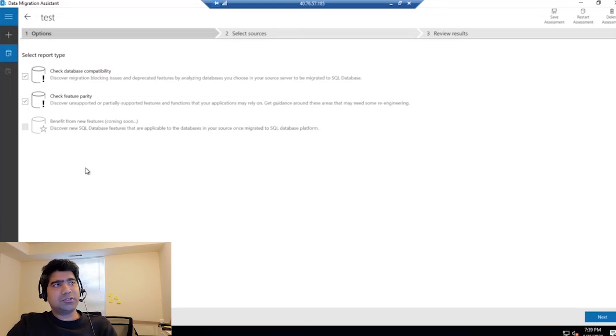Compatibility will check your particular database, like what code is not compatible with your target database, and it will give you the complete list of that. Along with it, it will even give you the remediation, that is, how you can fix it.